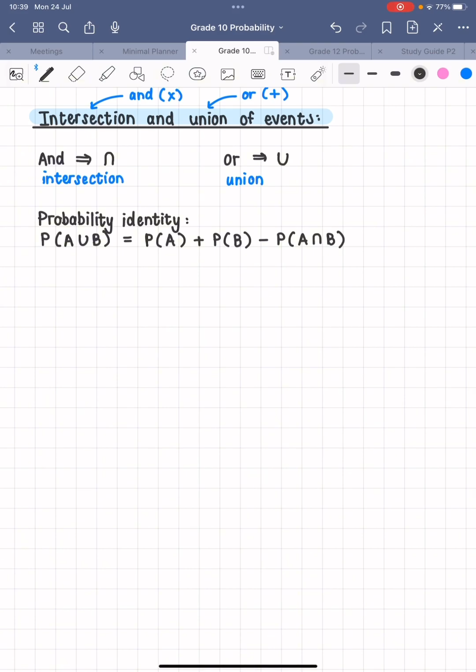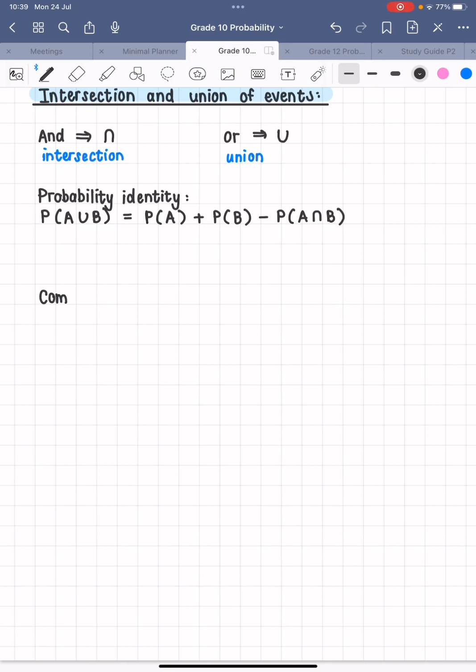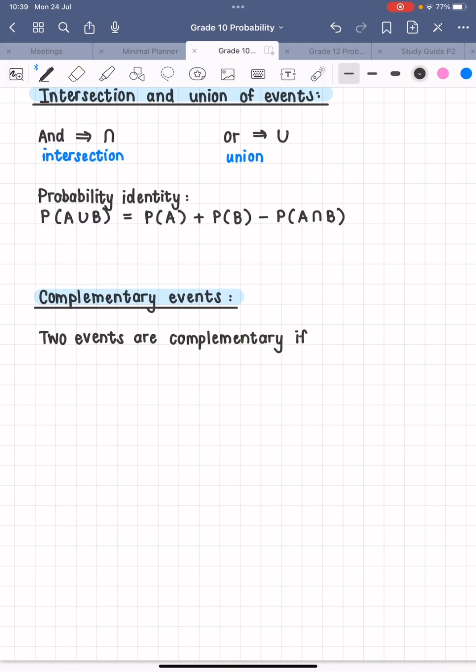We also need to do a little bit more terminology work. So if you can write a new heading, complementary events. I'm just going to write down what that actually means. What does it mean when two events are complementary? Two events are complementary if the first thing,